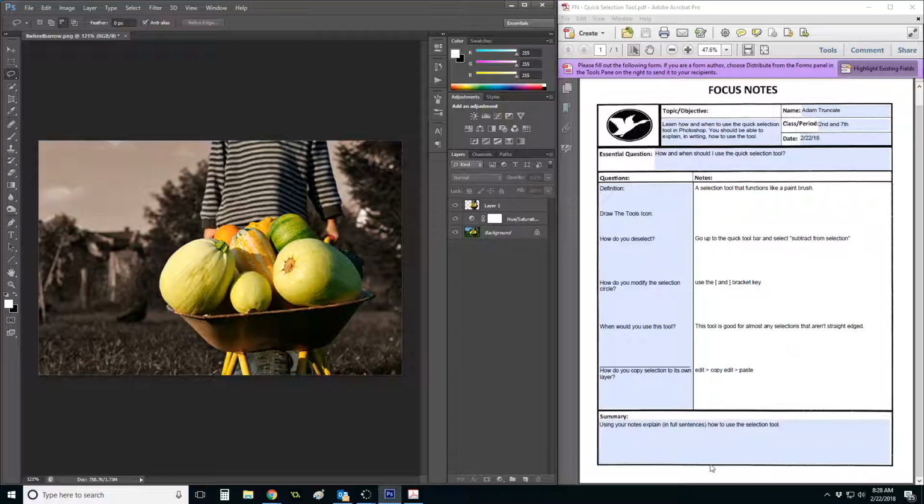Okay, so what you're going to do is, first of all, before you do the lab, do this summary. Use your notes to explain in full sentences how to use the selection tool. You will write that on your own in complete sentences using these notes. And then at the end of class, you'll turn that in. So you can use these notes for the actual lab. The lab itself, actually, let me go ahead and stop the